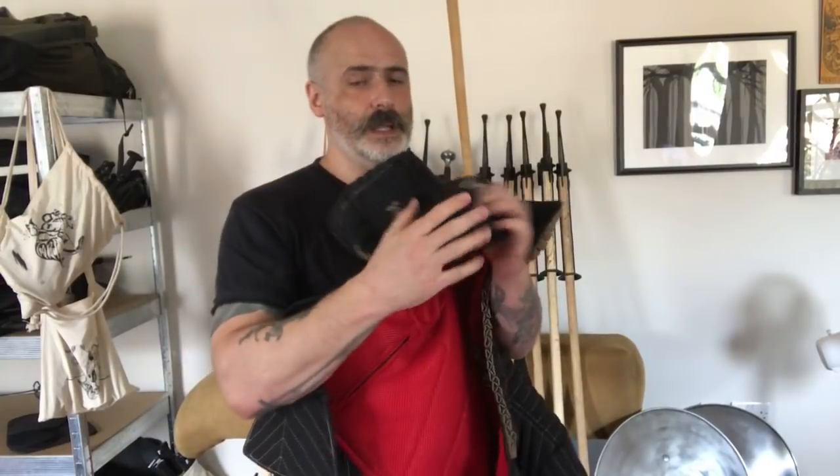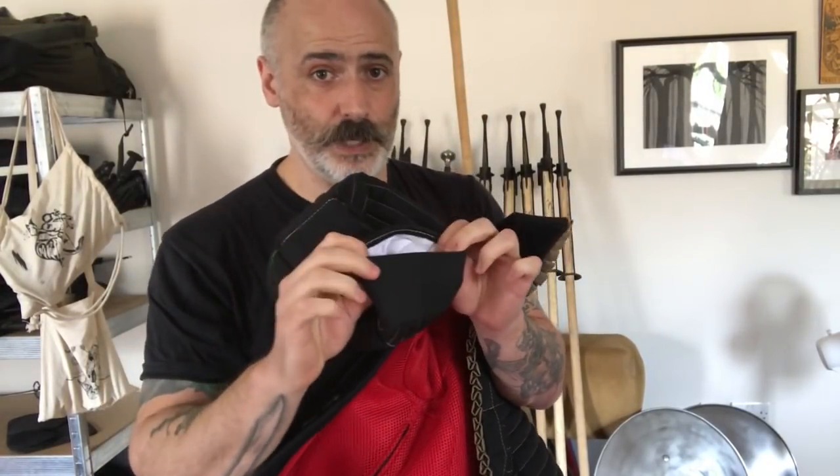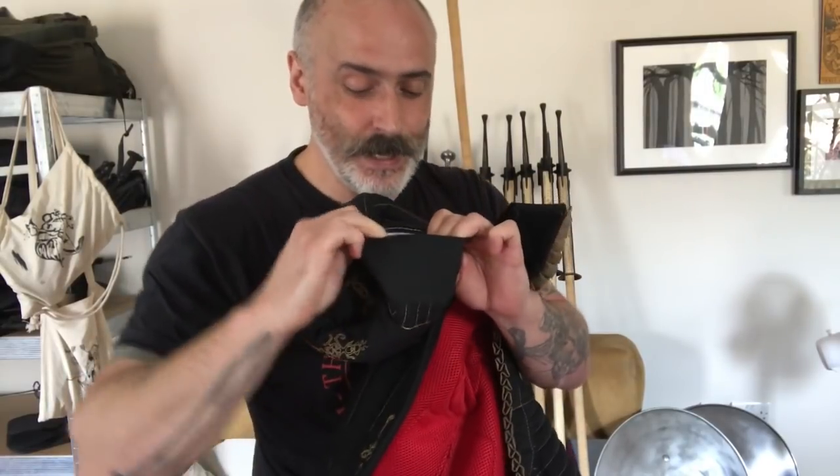Then there's the wrists inside here. Okay, as I said, elasticated, which means it's a little bit easier to take off than I expected it to be. My forearms have got a tendency to swell up when I'm training, which just makes getting jackets off immensely entertaining. But here, this elastic certainly helps. However,